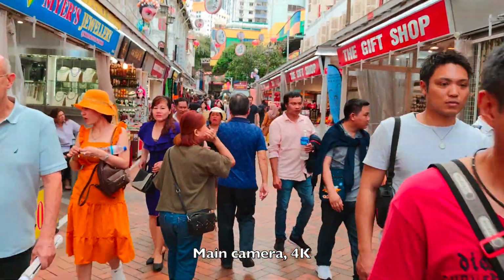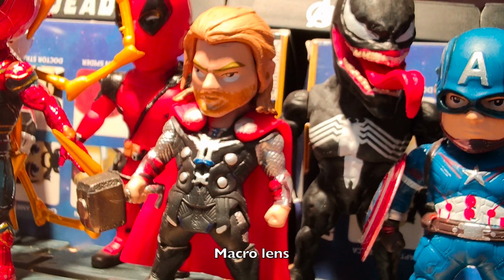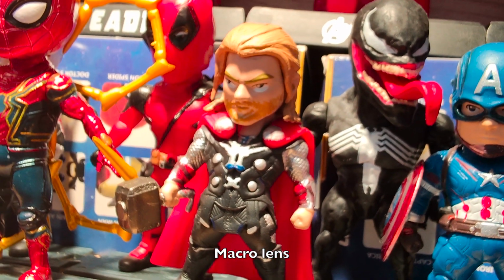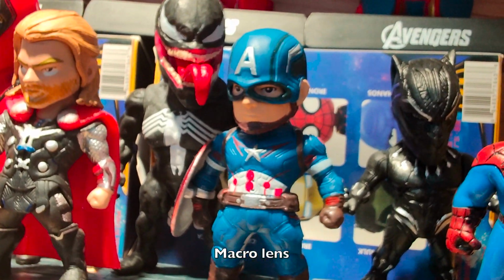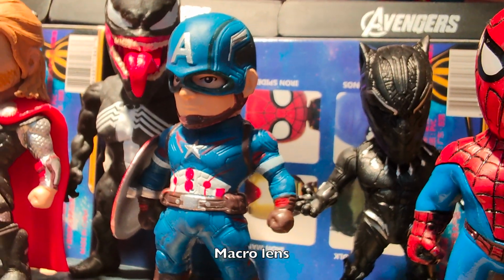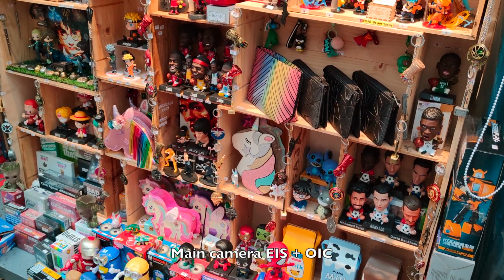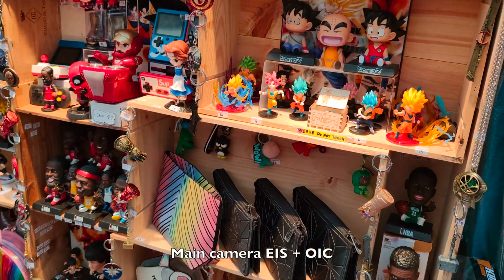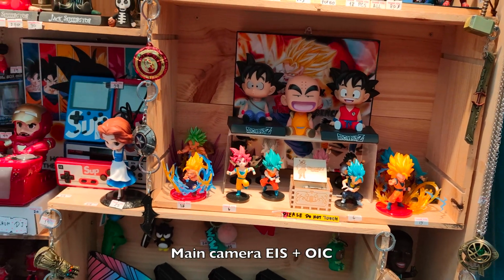For macro, 2x and 5x, the video is a bit soft. Overall, generally speaking, the image stabilization works well. There is also electronic stabilization on top of the image stabilization, or OIS. If you use electronic stabilization,